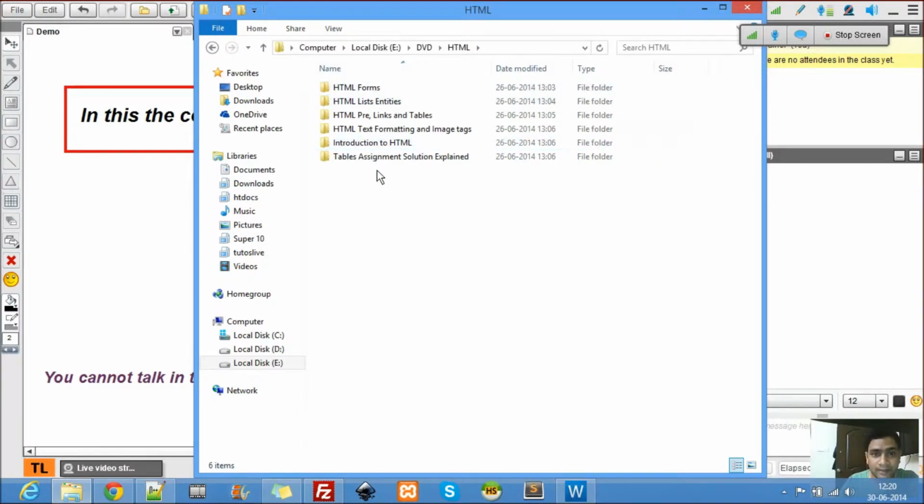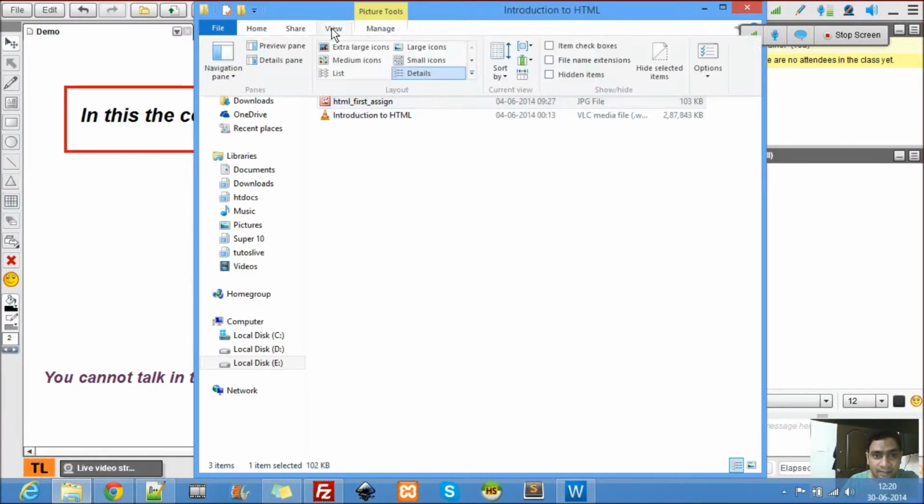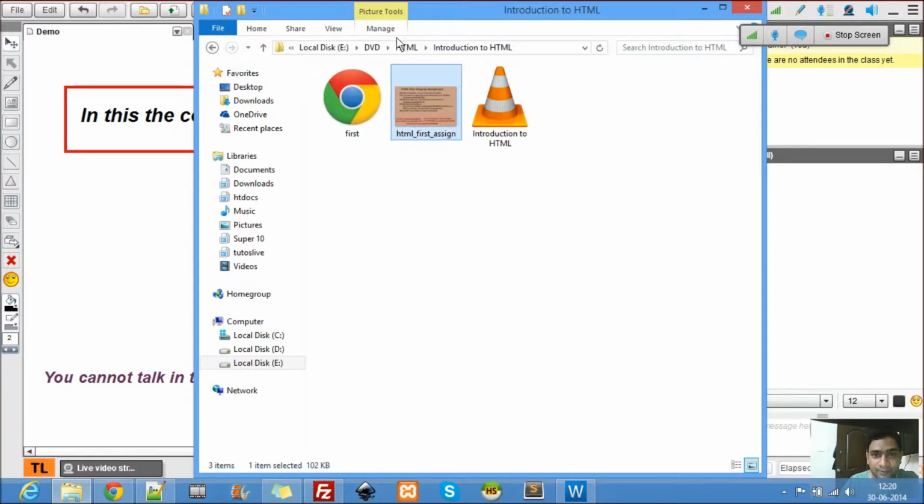It has right from the introduction of HTML. Every folder is a class. You navigate into it, you will find the video and the class file which is shown in the video, and there's an assignment in every class. What I suggest is go through the video, try to clone this without watching this file, then attempt the assignment.